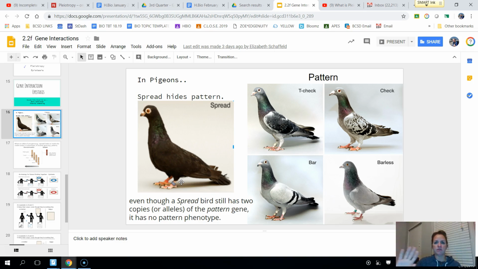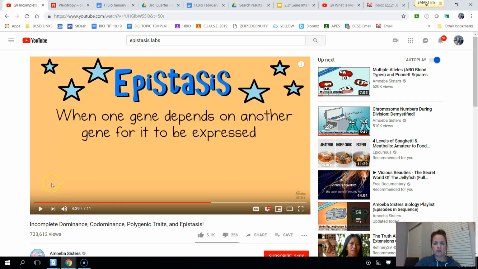So it's almost like if you were to color a pigeon and give it some different types of shades and patterns, and then take a black crayon and color over all of that. That would be like this example, where the gene will actually hide pattern. Another example of this is with llamas. So I'm going to play just a little bit of this Amoeba Sister section of video that talks about how